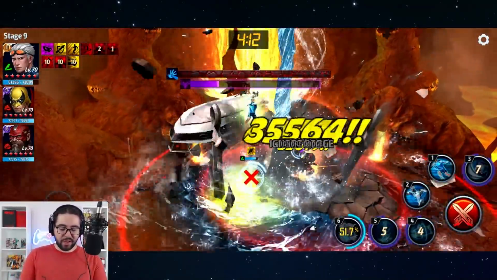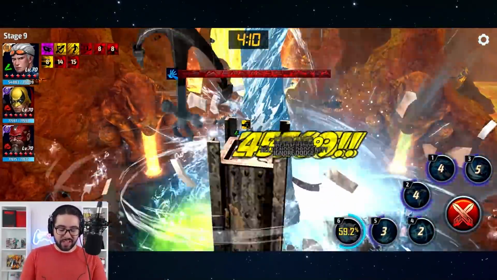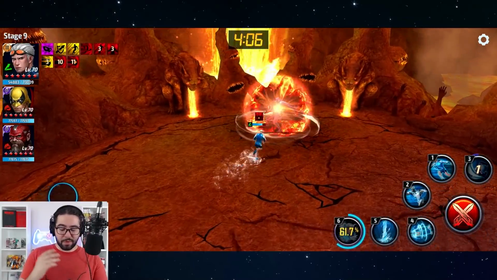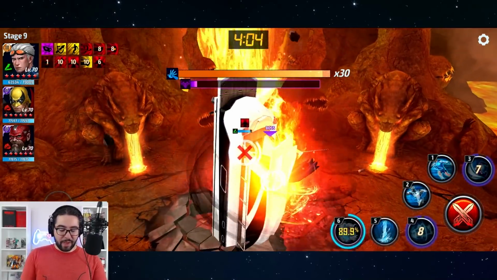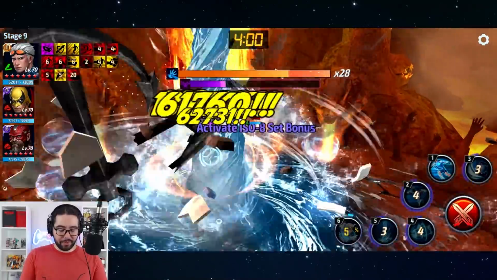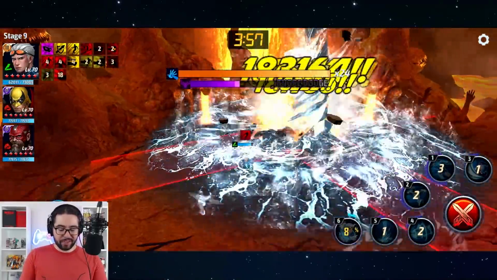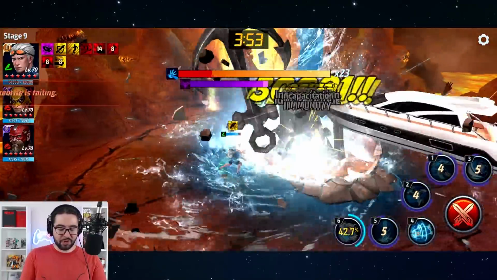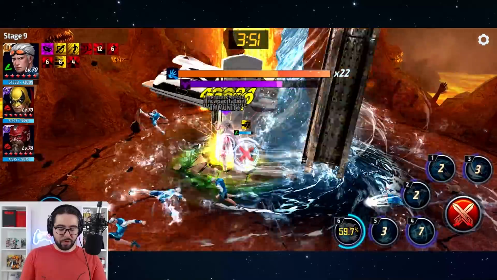The problem with Quicksilver is that his 5th skill continues to deal damage, which is great against other bosses, but bad against Mephisto. It's bad against Mephisto because Mephisto has the rage meter, that purple rage meter under his health bar that is going to affect how often he goes into that rage mode. And that rage mode is...